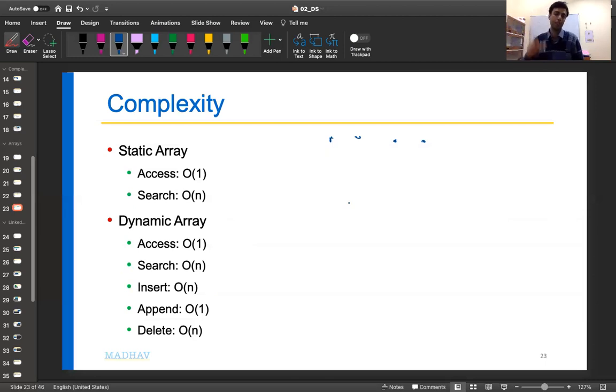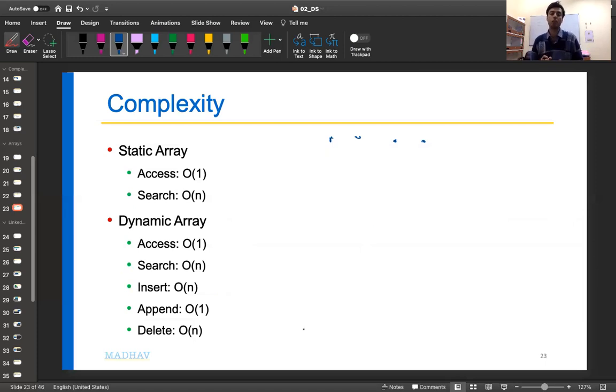So the worst time complexity is order n, right? Because if there is a length n array and you are inserting something at the beginning itself, then you have to move the entire thing further, copying the entire array. That's why the complexity is of order n.